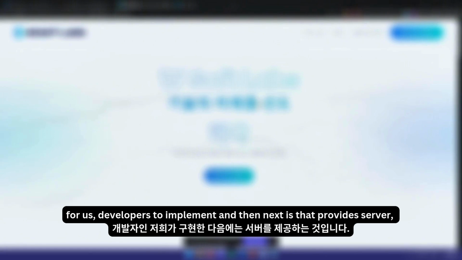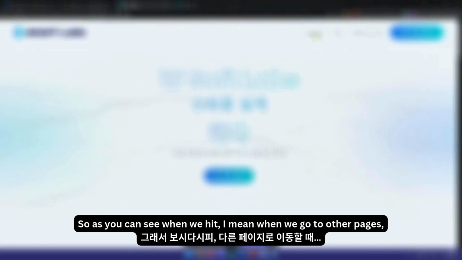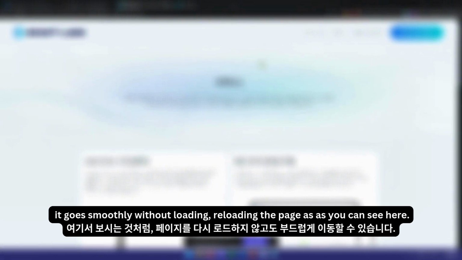Nuxt also provides a server, which is good since we are using a single page application, or SPA. As you can see, when we go to other pages, it goes smoothly without reloading the page.